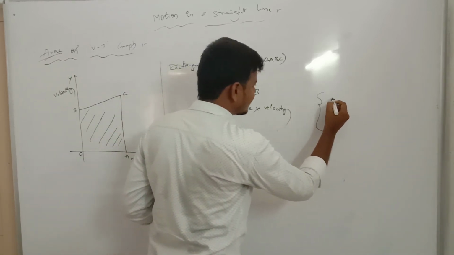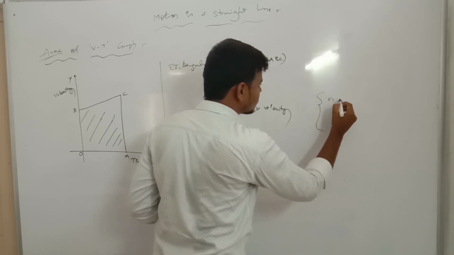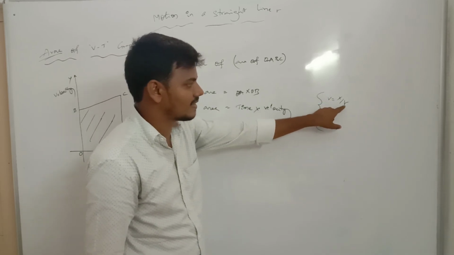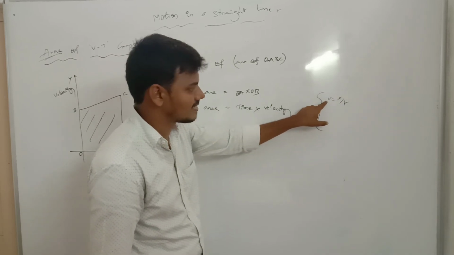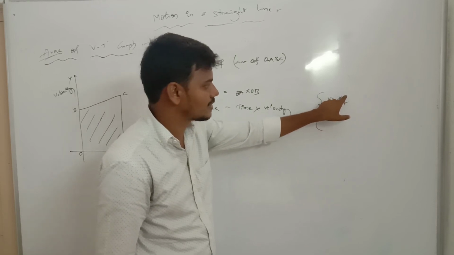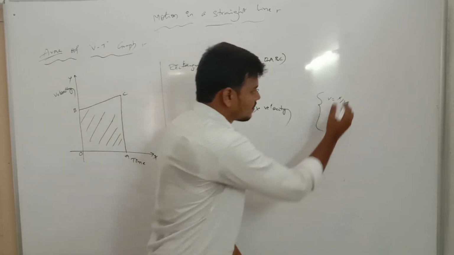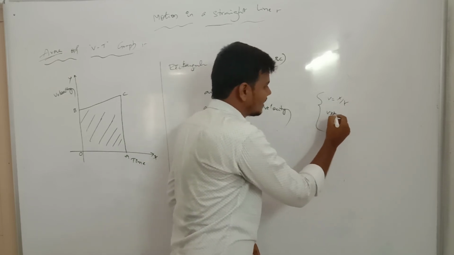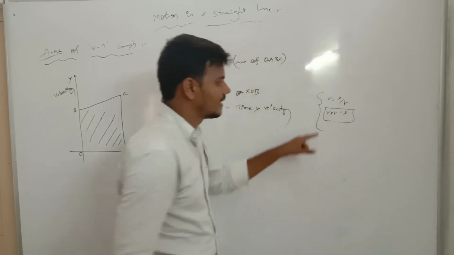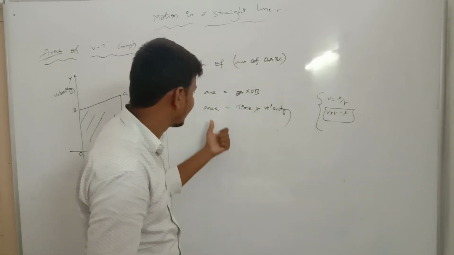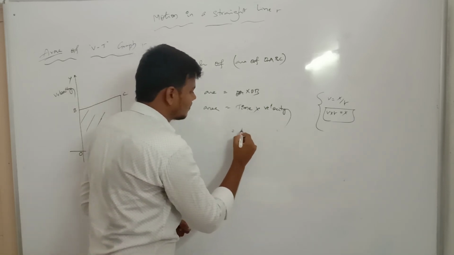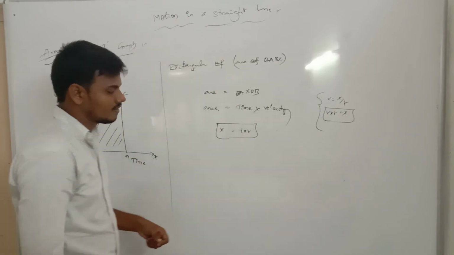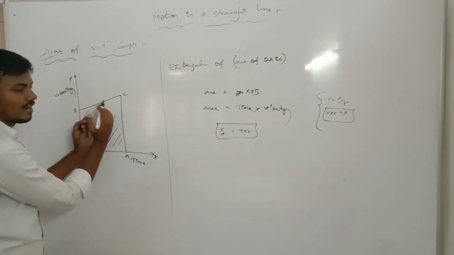From our previous lesson, acceleration a, and velocity v is equal to displacement by time. The rate of change of displacement is known as velocity. Now displacement is equal to v, with t as the denominator. So v into t is equal to displacement x. Now taking time t into v is equal to x. x is the displacement factor.